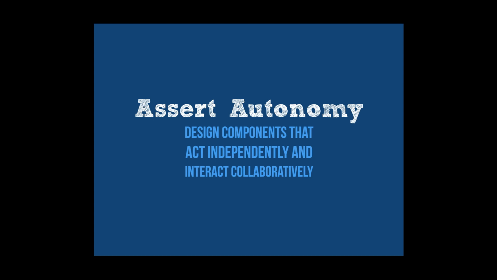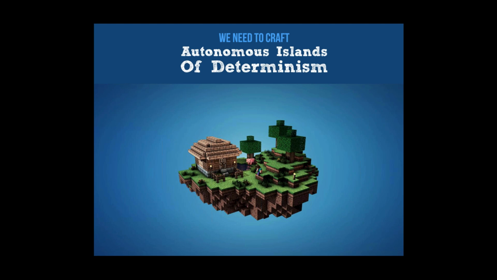Usually a combination of command and control and more demand-driven is helpful in most systems. But I personally tend to lean more towards push, event-based types of systems where components act at their own will when events fly by, so to speak. We need to craft safe autonomous islands of strong consistency and determinism. It's really a way to bring some sanity into this wild ocean of non-determinism that we talked about in the past.